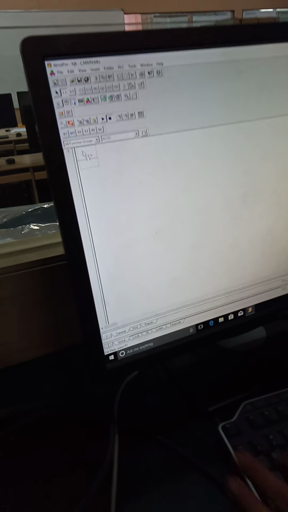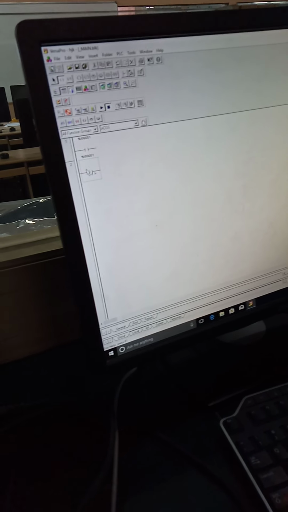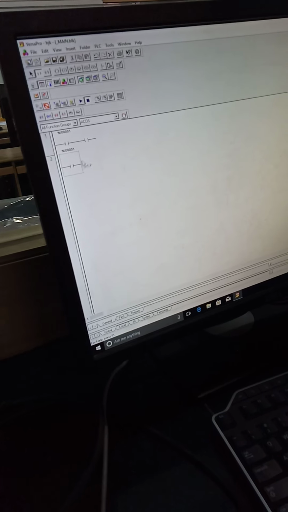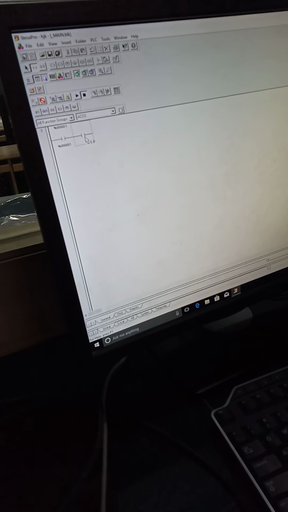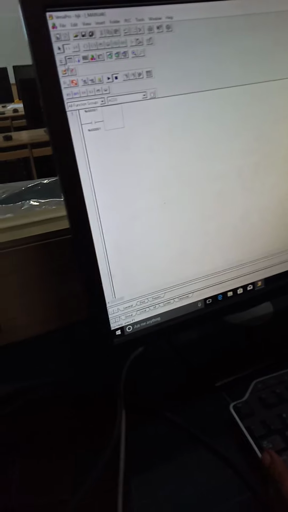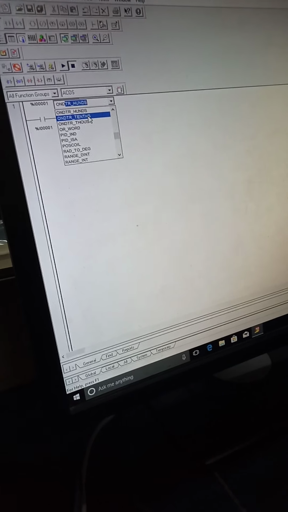Now we will start. So first I have to add input 1I. Then I have different types of timers, TMR, TMH, TMS, like that it will be there. So our on delay timer, that will be with respect to Siemens PLC. Here you have to select on delay timer hundreds, tens, thousands.